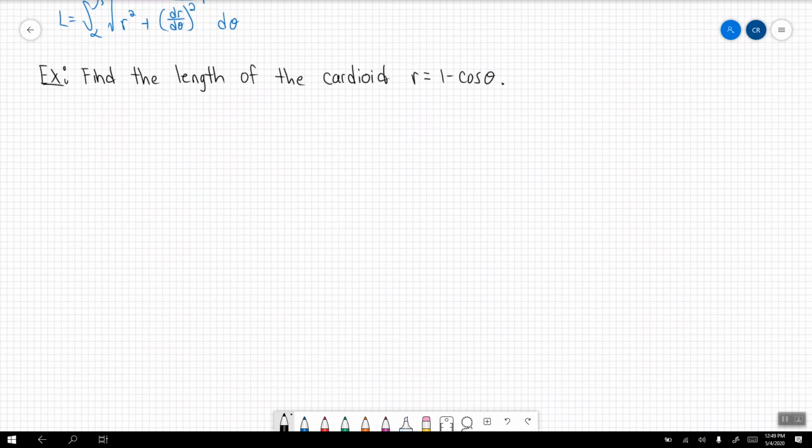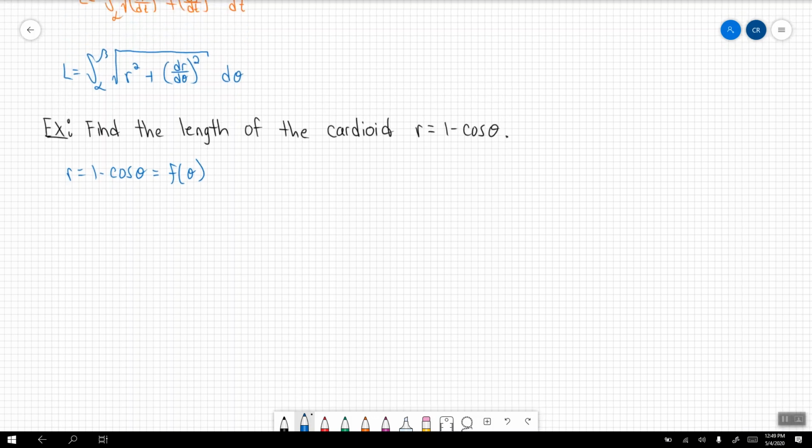So as we start looking at this, there are a few things that are given to us. One of the first things that I want to extract here is that we're given my radius in terms of my function. So this in here is my function of theta. Now let's see if we can find the derivative of this specific function. We're going to find the derivative with respect to theta for r, and that's going to be d/d theta of 1 minus cosine of theta. That's going to mean that my derivative here, dr/d theta, is going to be just sine of theta